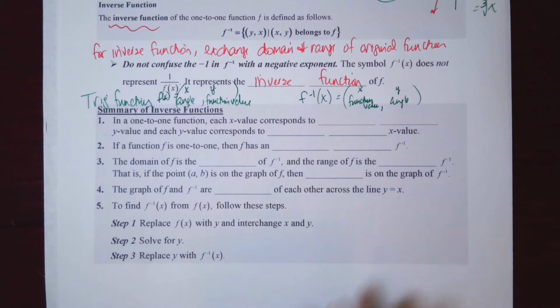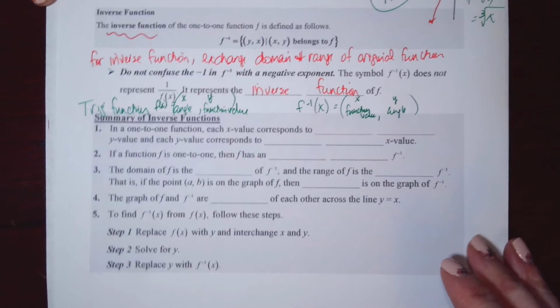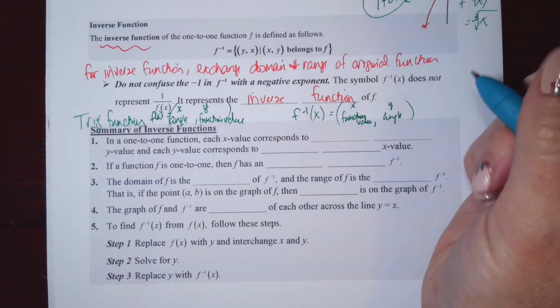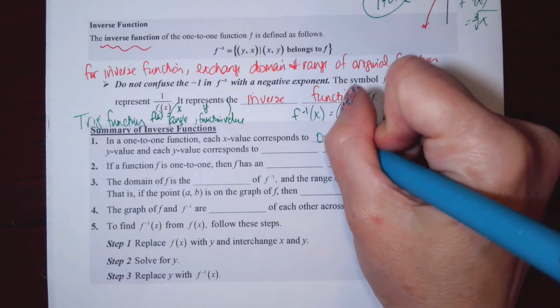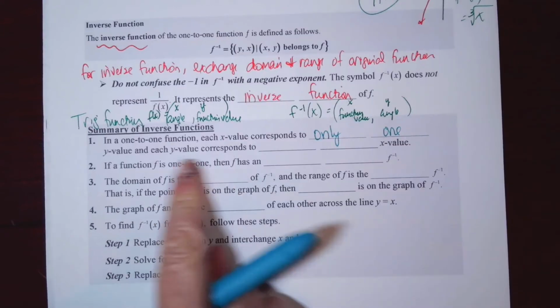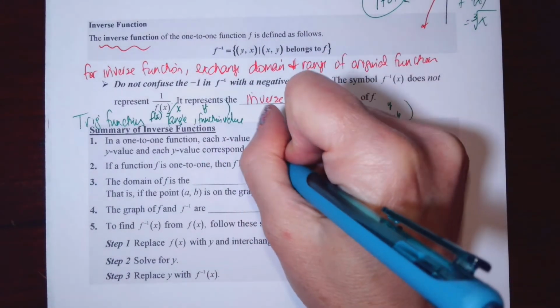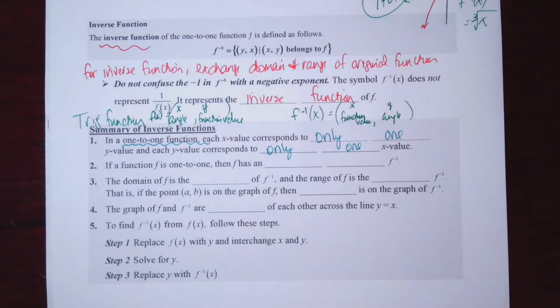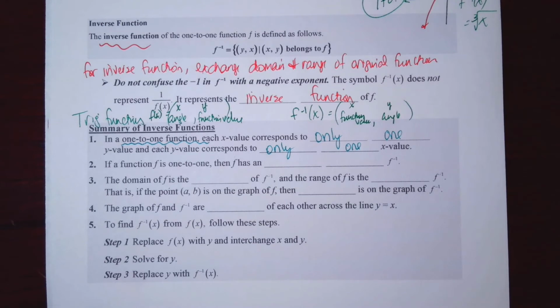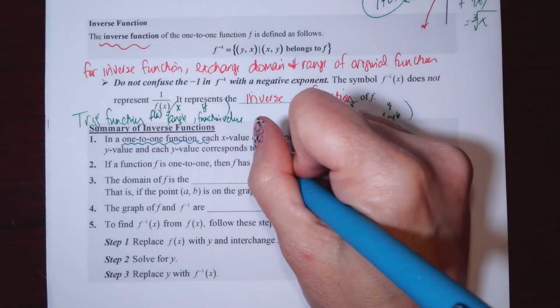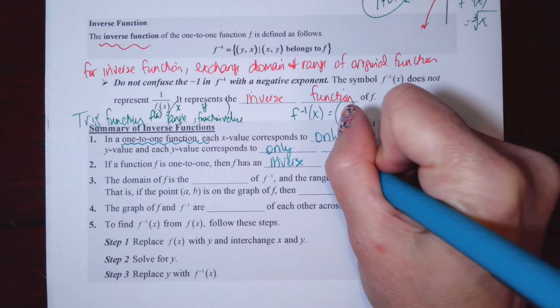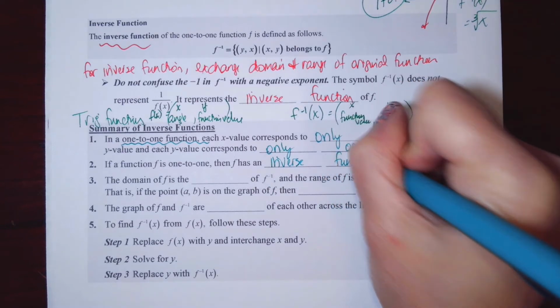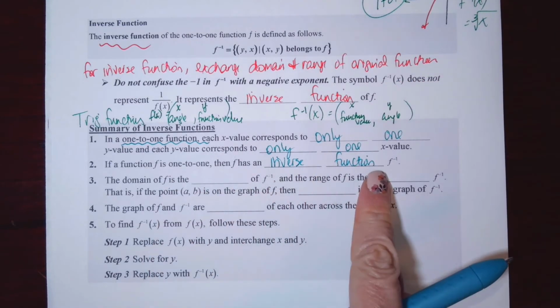Okay, summary of inverse function. You know all this already. This is just a good reminder. In a one-to-one function, each x value corresponds to only one y value, and each y value corresponds to only one x value. If a function f is one-to-one, then it has an inverse function. I can invert anything, but if I start out with a one-to-one function, the inverse will also be a function,